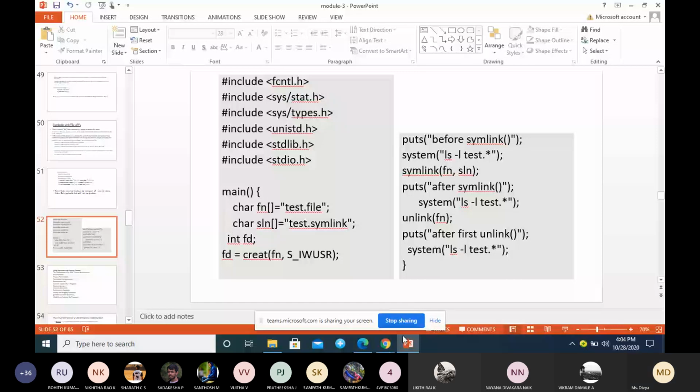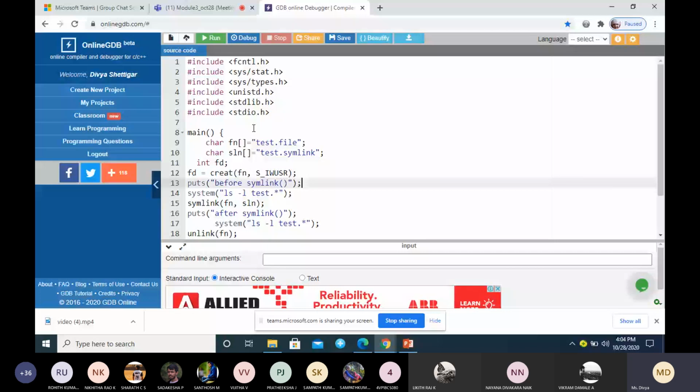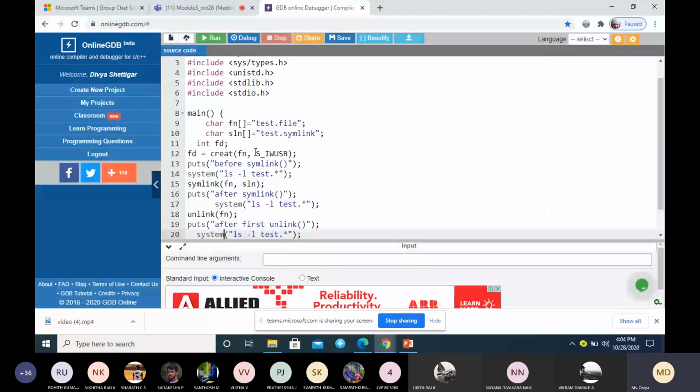So here write all the header files. What we are doing here is creating a file, test.file. You can see here, create fn, and give the permission.